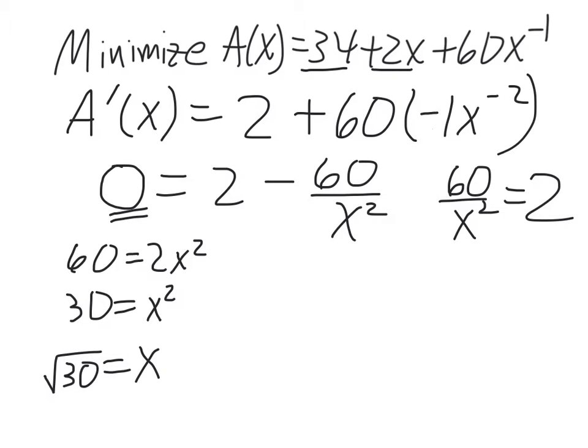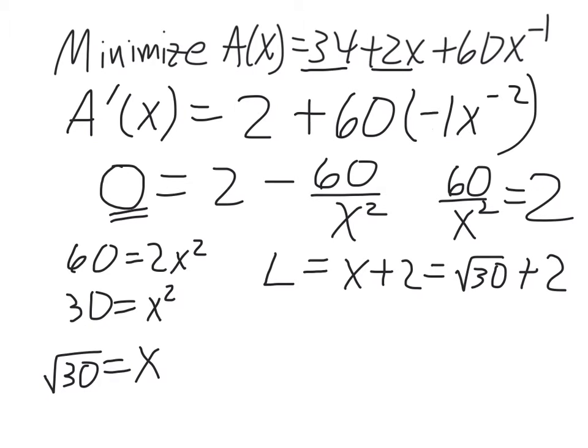x represented what? The length of the printed part. So the length of the page we wanted is x plus 2. So it'd be square root of 30 plus 2. Okay. And then y, well, we'll put it this way. The other part we need is w, which would be y plus 2. What did we say y was? 30 over x. Okay, 30 over x,